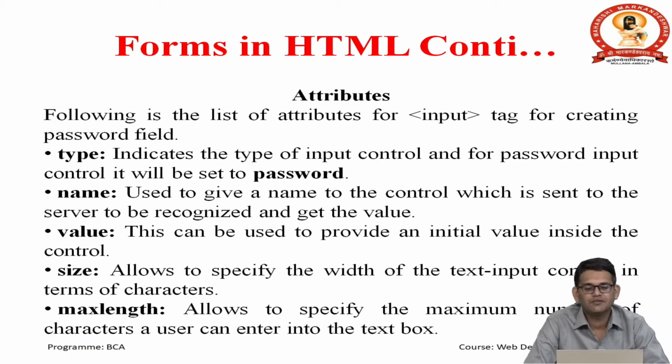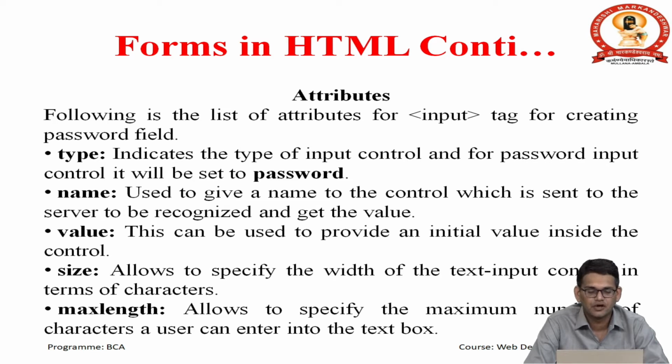Now what are the multiple attributes which are available in the input type field? The first is type. Type means we need to specify whether it is a text or a password. So we can choose either input type equal to text or input type equal to password. If we choose text, it will show the text in the input box. If we choose password, it will show stars, not the exact password, because we already see on multiple websites that when you type a password, it is not visible; it is printed in the form of stars. For that reason we use input type equal to password.